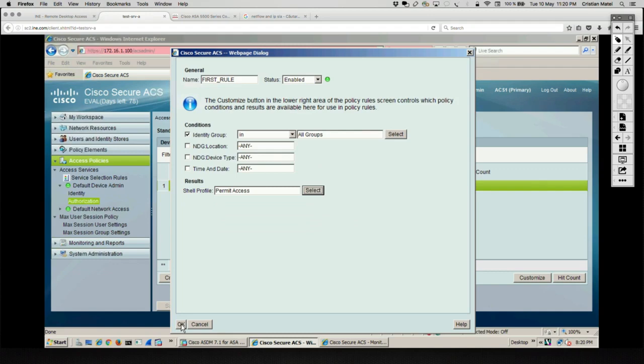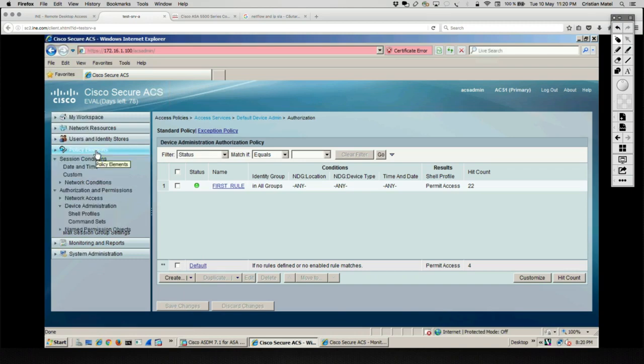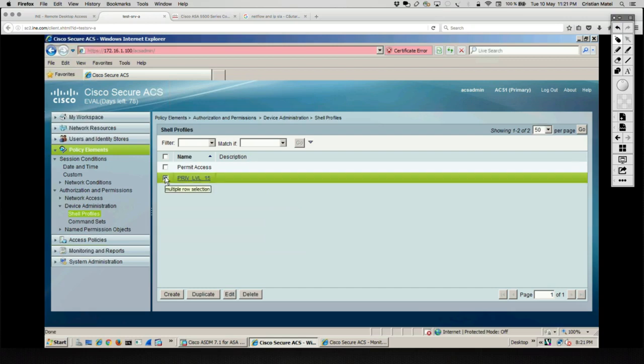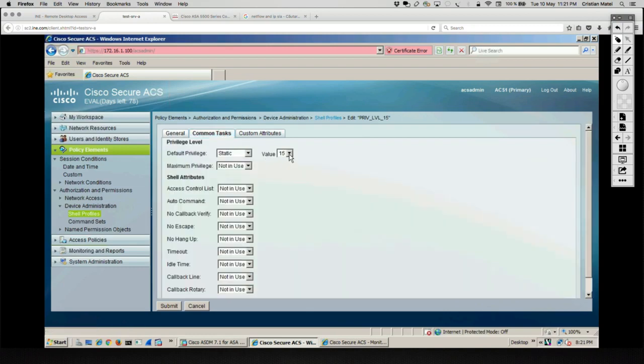Change the authorization results, save changes. Let's go back on our policy elements on shell profiles, and let's take again a look at that shell profile configured. Edit, common tasks. Okay, so at this point,